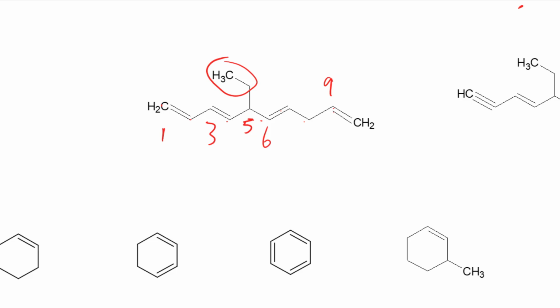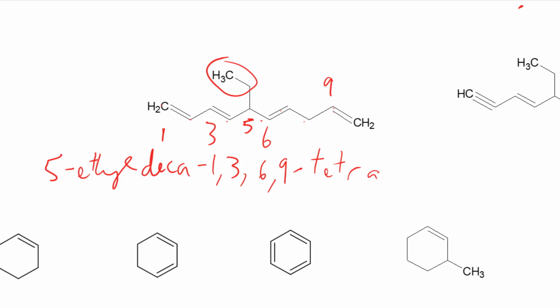So now to completely draw this out, or write it out, I've got a 5-ethyl-deca-1,3,6,9-tetraene. The only thing missing from this now is stereochemistry. I know that I've got 4 double bonds, and we're going to check and make sure to see if there's any stereochemistry. The 2 at the end here, both of these have CH2s,